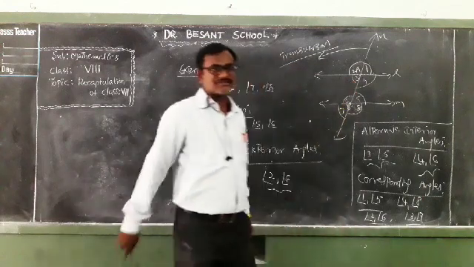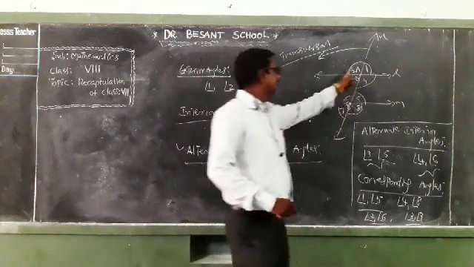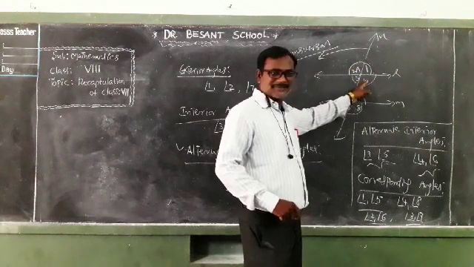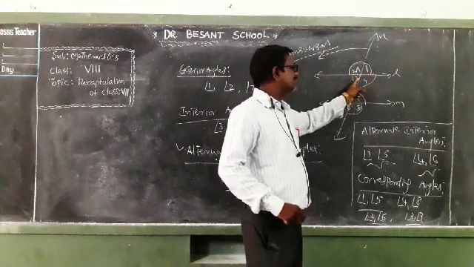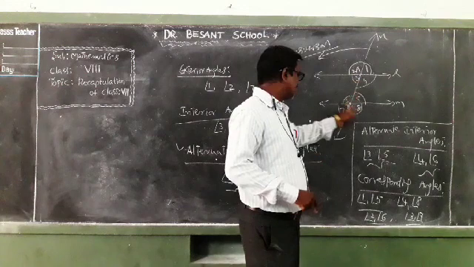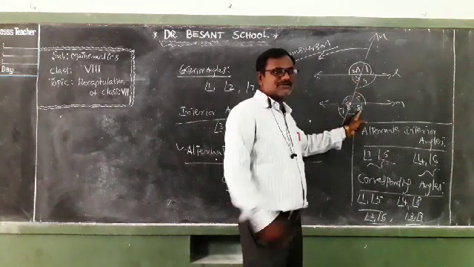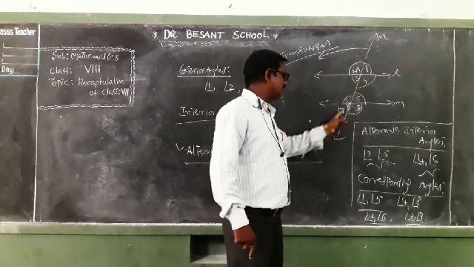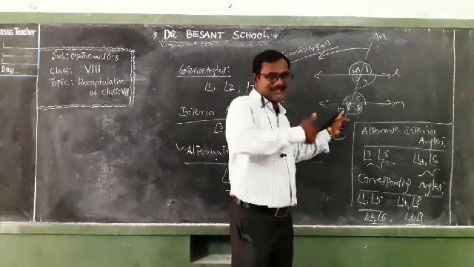And we have one more condition. Vertical opposite angles are always equal. Angle 2 and angle 4, they must be equal. Angle 1 is equal to angle 3, they are also vertical opposite angles. Angle 6 is equal to angle 8, and angle 5 is equal to angle 7, because they are vertical opposite angles.